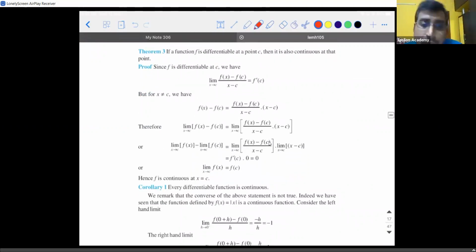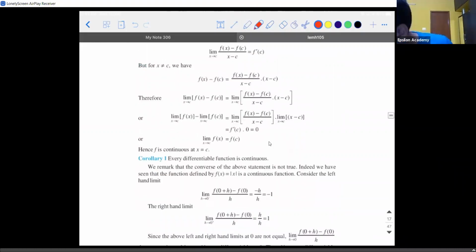Okay, so they've given it something like this. If a function is differentiable at a point, then it is also continuous at that point. This is the first thing you need to remember. If somebody tells you in the question that this particular function is differentiable at this point, by default you can understand that it is continuous at that point also. You need not worry to find it out because it is an accepted fact, because only continuous functions can be differentiated. Every differentiable function is continuous. This one you have to remember.